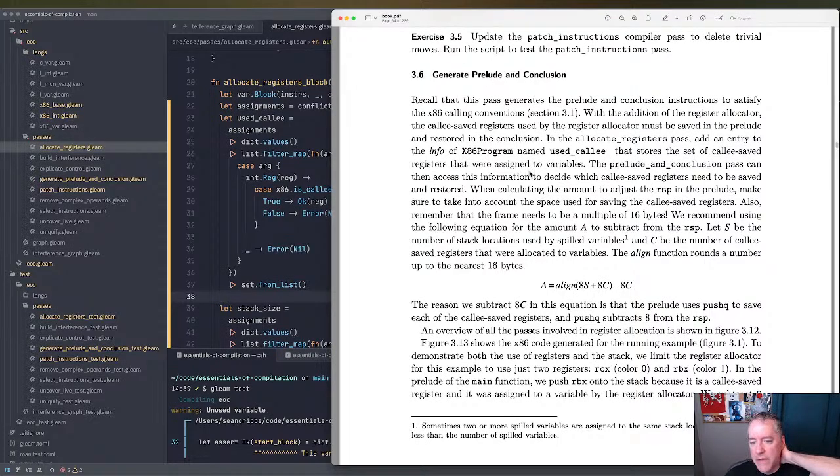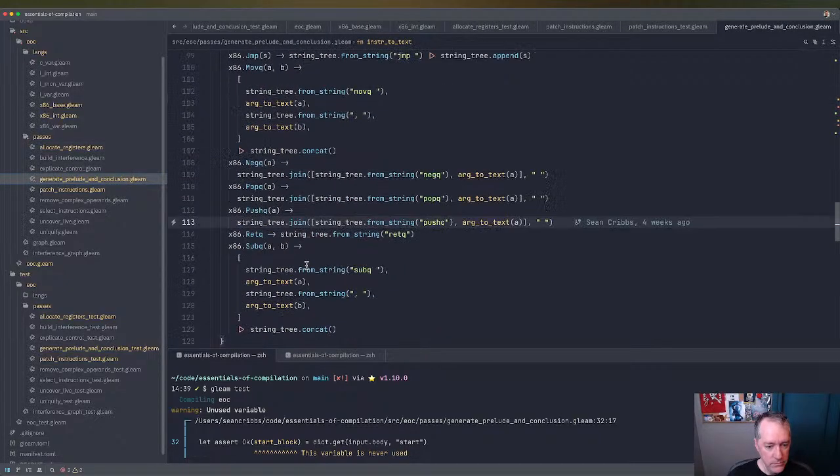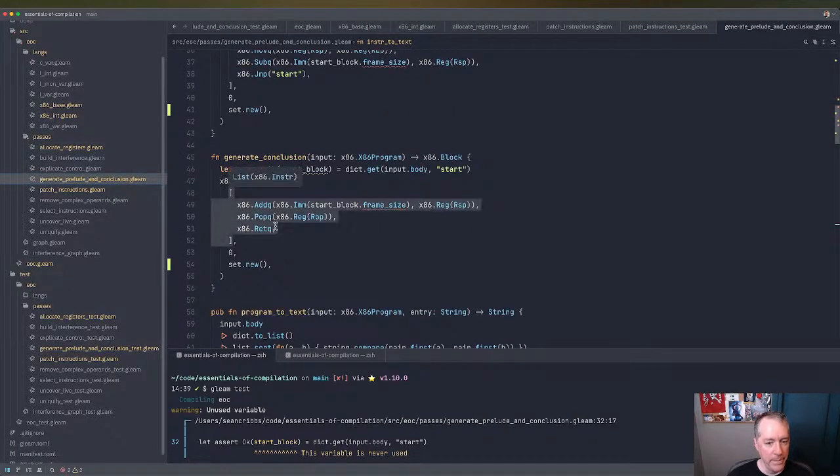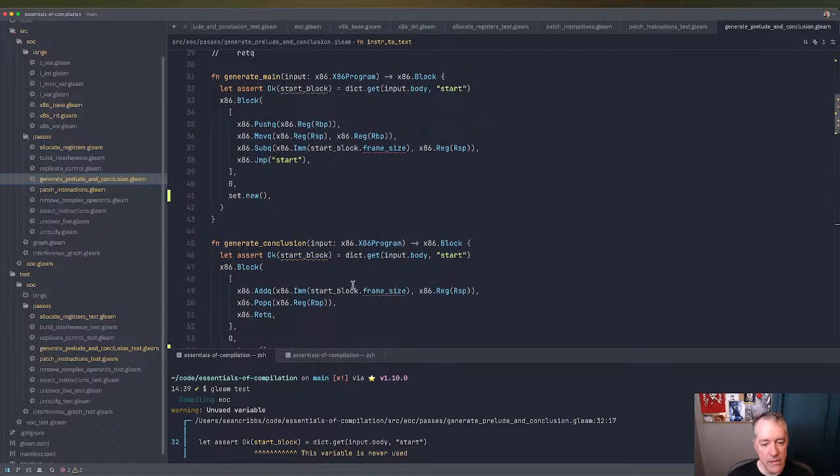Prelude and conclusion pass can access this information to decide which callee save registers need to be saved and restored. Okay, so let's go in here. Right, so here's